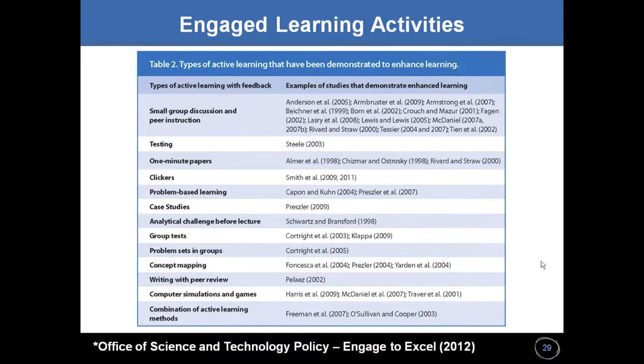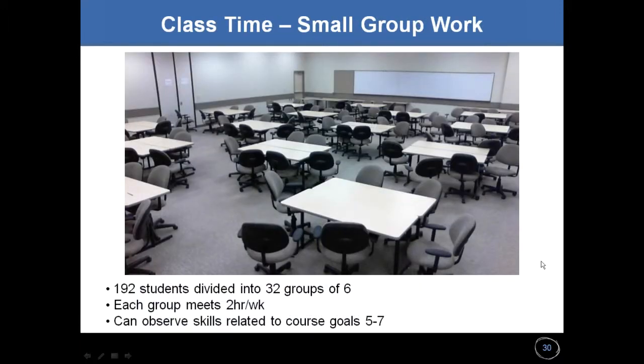So students now, when they show up for class, only have to show up half of the time that they're registered for. I have 3 hours of lecture and 1 hour of recitation, so 4 hours a week. The students only meet now for 2 hours a week, and that time is spent completely on small group activities. And so we go in and rearrange a classroom. I have 192 students that I divided into 32 groups of 6, and so half of those students will meet for 2 hours,